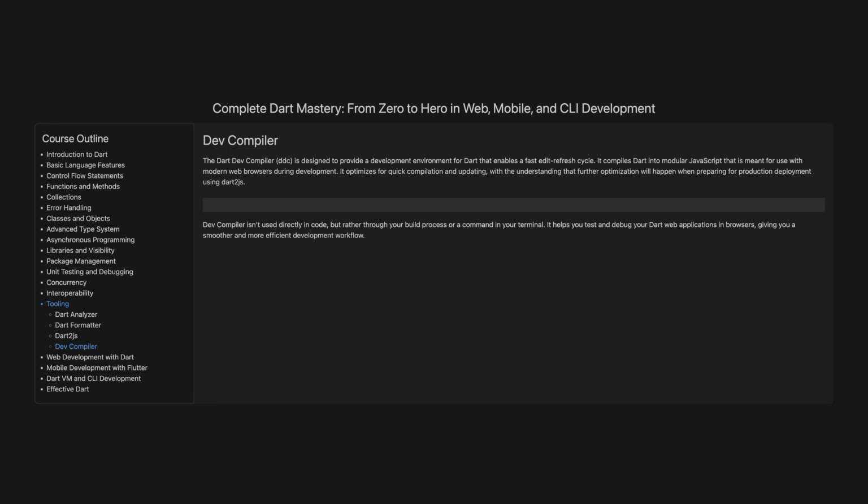Dev Compiler. The Dart Dev Compiler, DDC, is designed to provide a development environment for Dart that enables a fast edit refresh cycle. It compiles Dart into modular JavaScript that is meant for use with modern web browsers during development. It optimizes for quick compilation and updating, with the understanding that further optimization will happen when preparing for production deployment